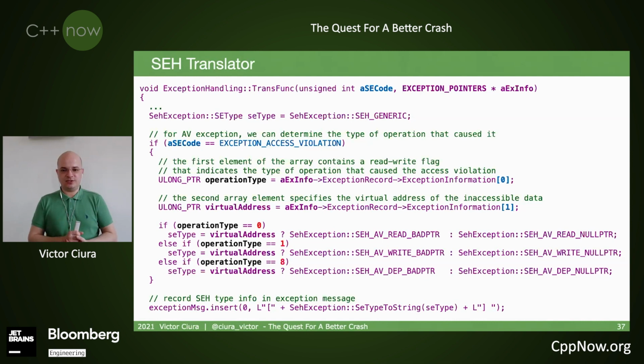The first field in the exception information array would be the operation type, and this tells us if it was a read, a write, or a data execution protection fault, that is, trying to execute data. And then you can actually extract the virtual address of this access violation fault.